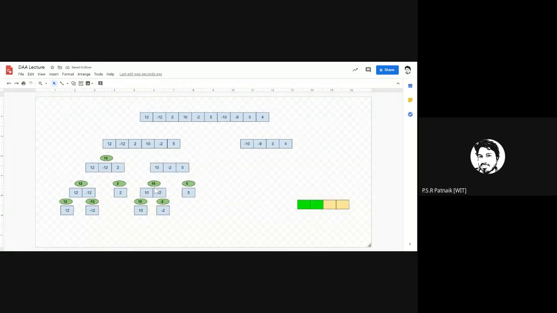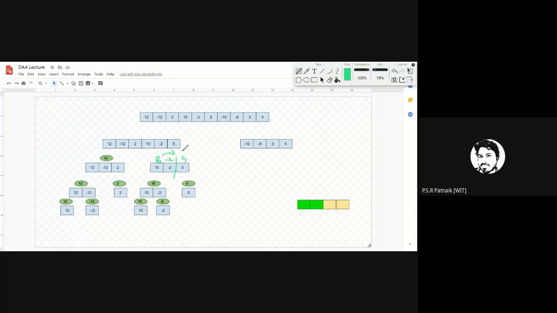Now what will you get here? From this side you have 10, and this side you have 5. So it is the left maximum subarray, and this is the right maximum subarray. Here this is your mid. Let me show you again. This is mid here. I need to calculate the left max sum. How do I calculate? Minus 2, add 10 to it. What will be the value here? The sum will be 8. And what do I have here? 5. What is the sum of these two?